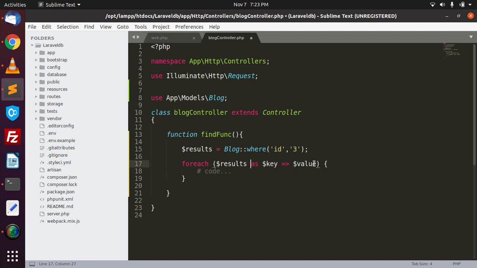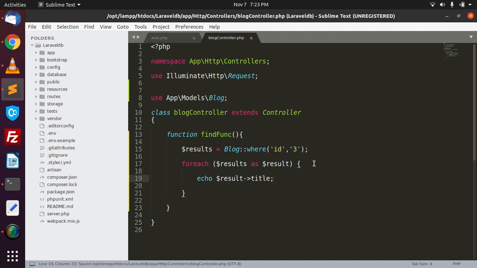Results as result, and here write echo result title.